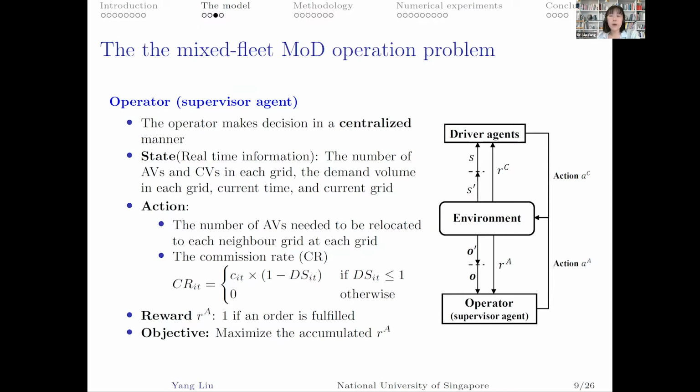The platform matches orders to drivers and determines the optimal relocation decision for AVs, and also the optimal commission fee that should be charged to the driver. We use a piecewise linear function. The piecewise linear function here is used to adjust the commission fee